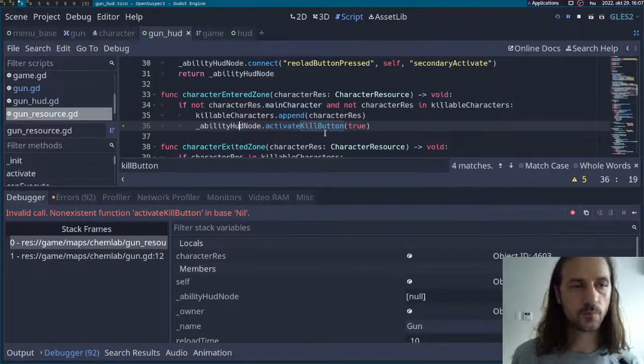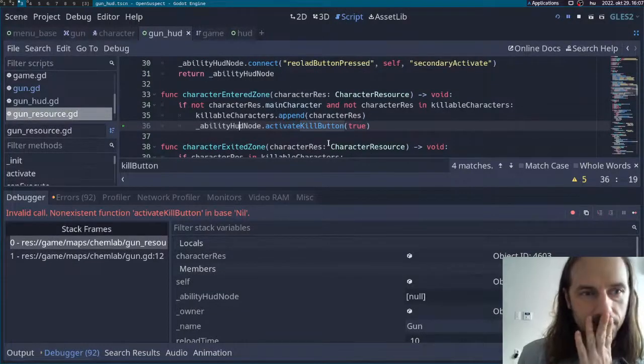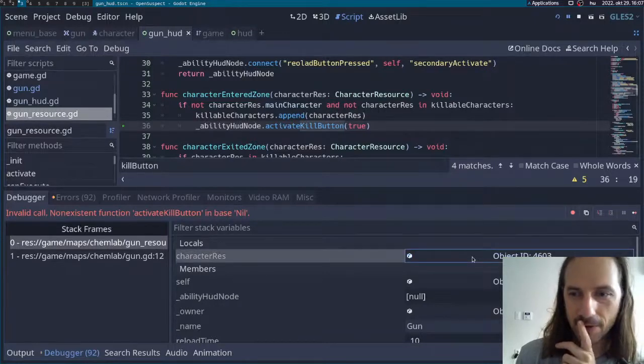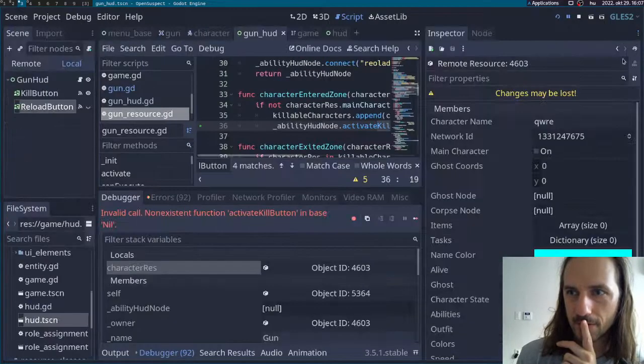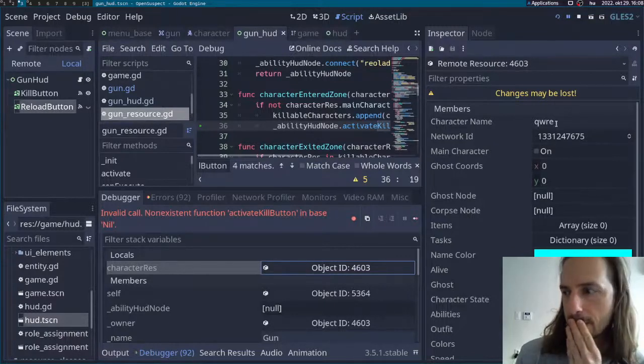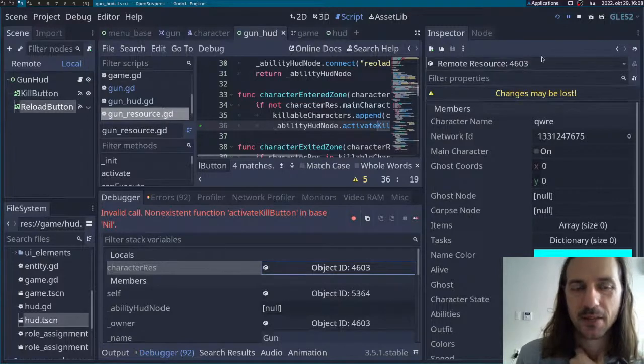Yeah. Interesting. What character has entered the zone? What's the character resource here? Character name QWRE. Okay, so this makes some sense. Maybe